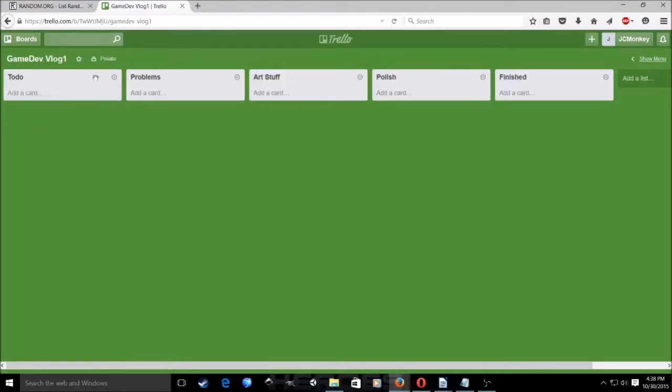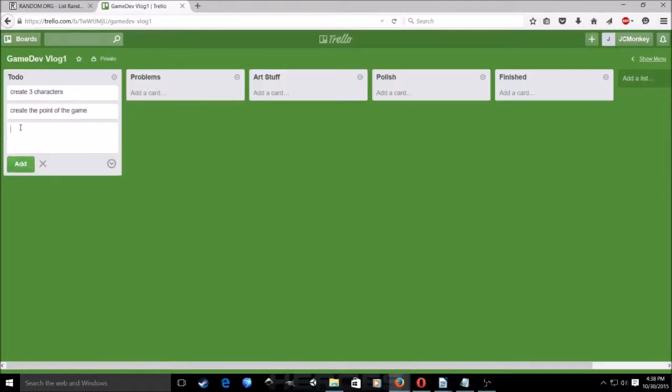Here we have to-do, problems, art stuff, polish, and finished. So for to-do, what we have to do is create 3 characters. Then we have to create the point of the game.